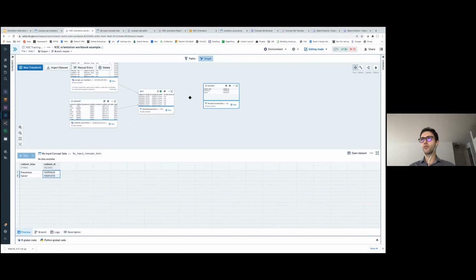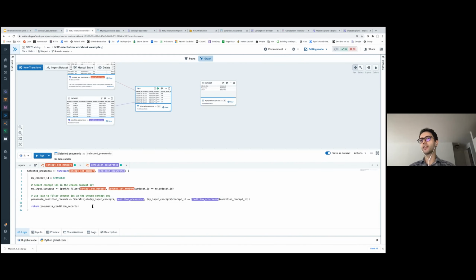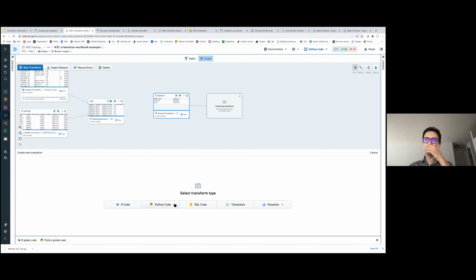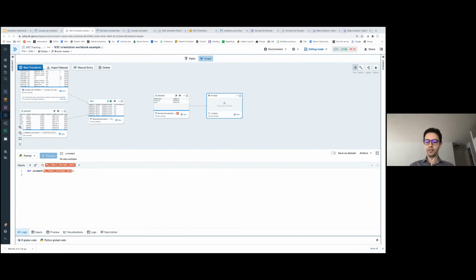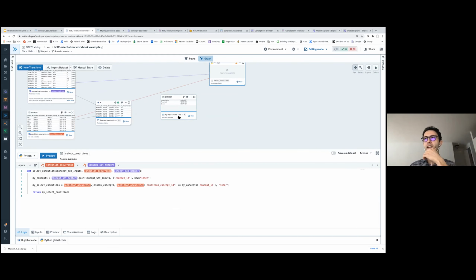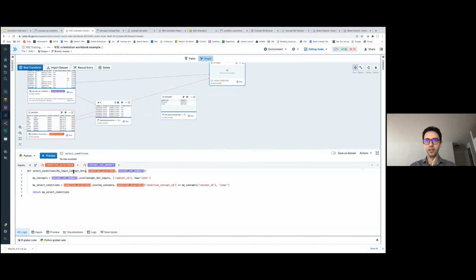So now let me add a transformation leveraging this configuration file and doing something similar to what I did here, which is basically finding the pneumonia condition records. So I'm going to add a new transformation, and just to mix it up, let's pick Python in this case. I already have the code written down, so just to save some time, I'm going to paste it in here and then explain it. So what I'm doing in here is, let me first make sure my inputs are correct.